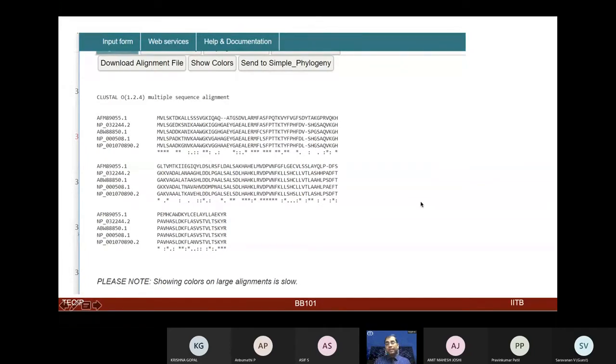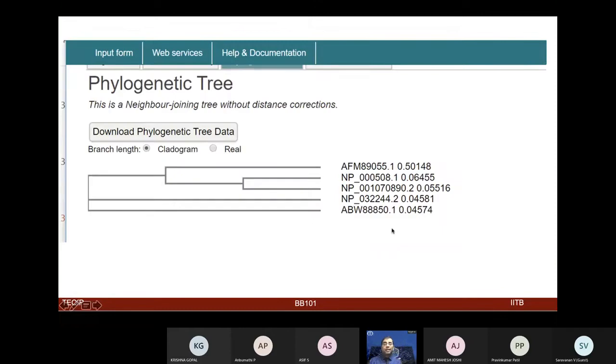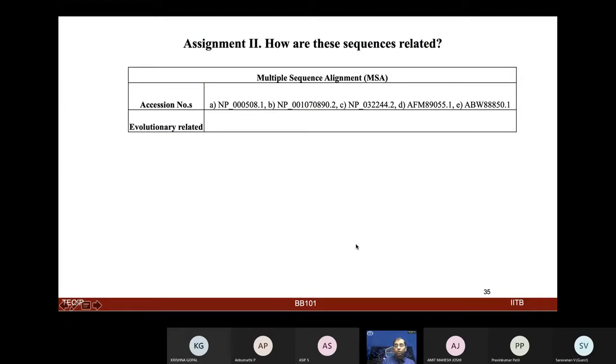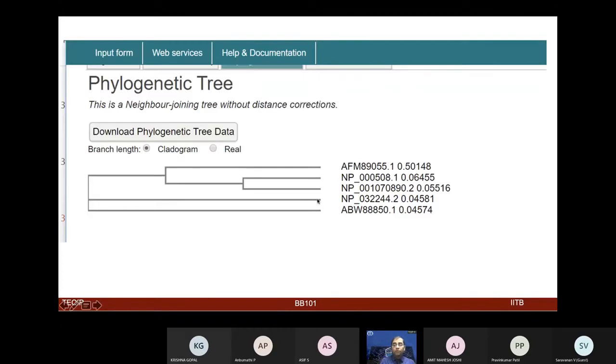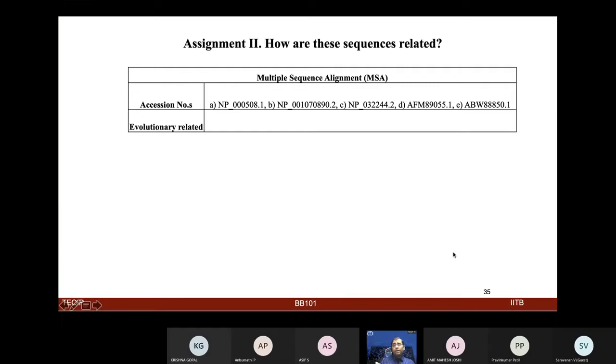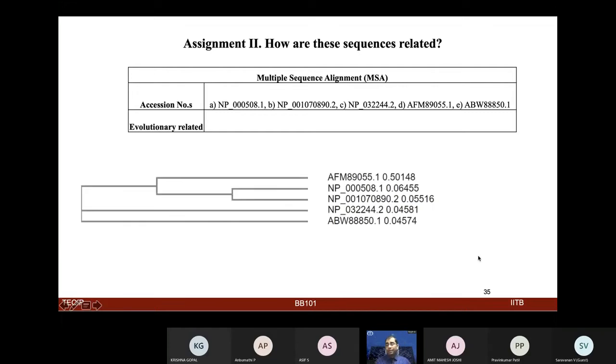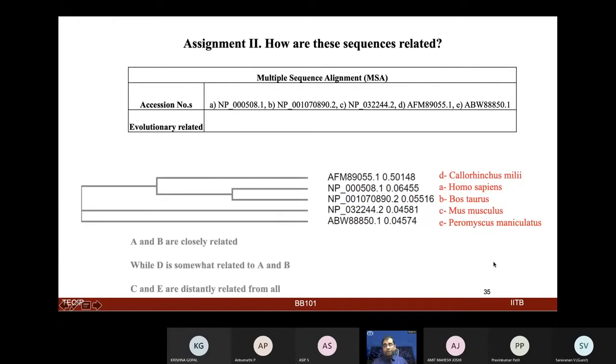These kinds of things actually give us some idea of the evolutionary aspect of how this particular gene is common or different across different species, and one could make these kinds of dendrograms or phylogenetic trees to obtain that information. So again, one could try to do these kinds of sequence alignments and generate this data, which will be an interesting exercise for all of you to do.